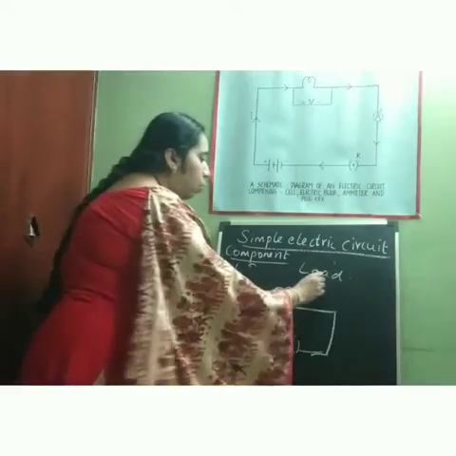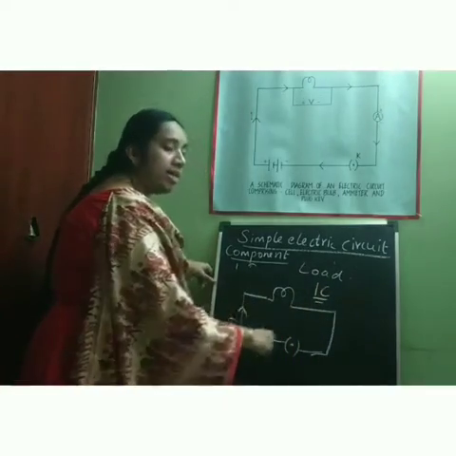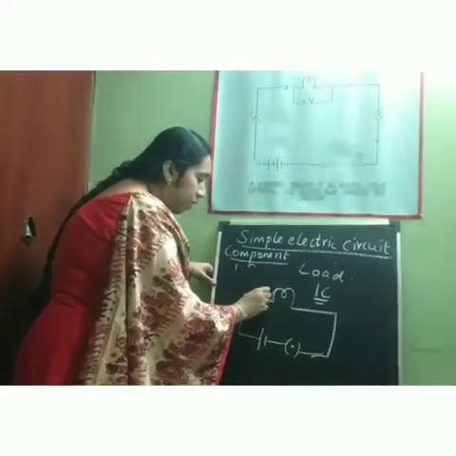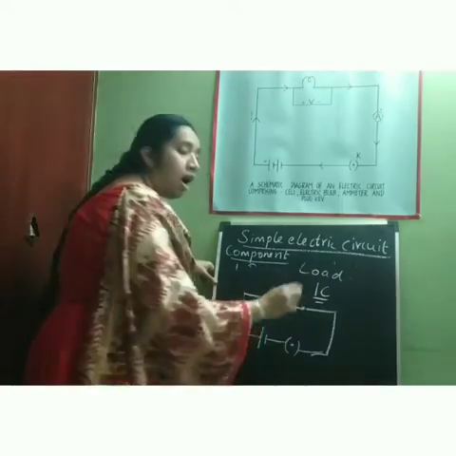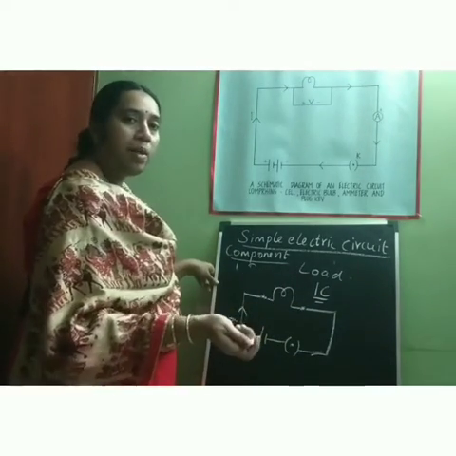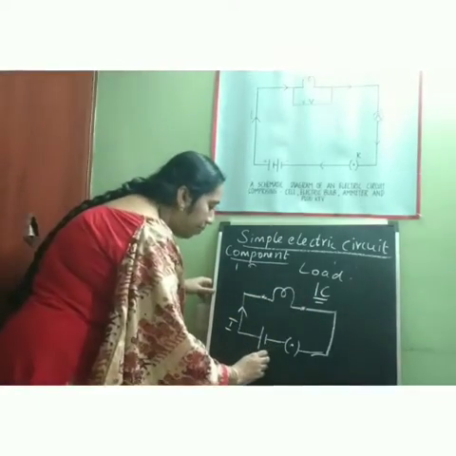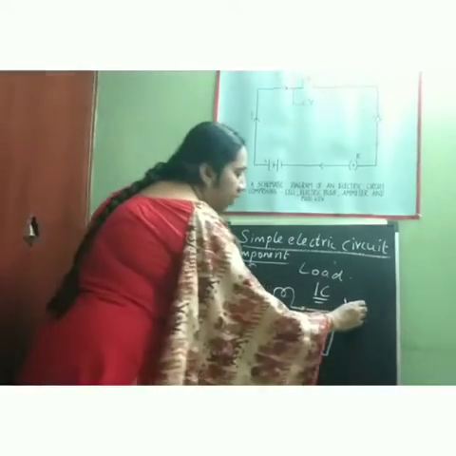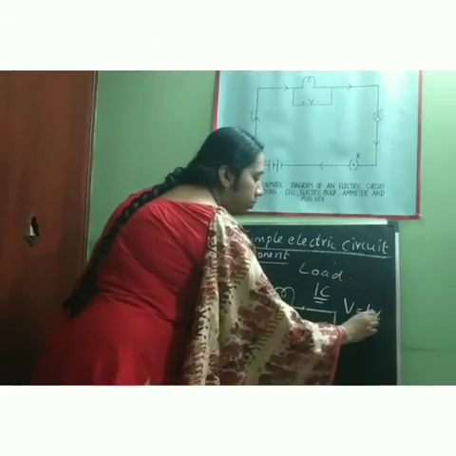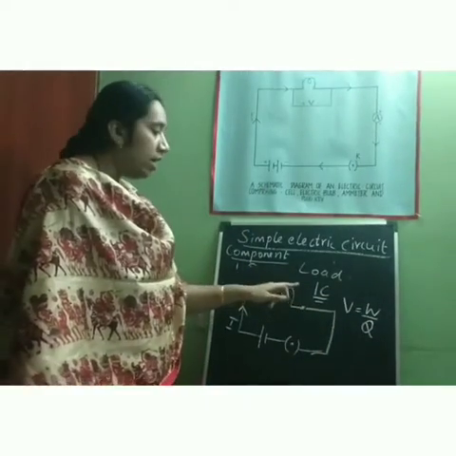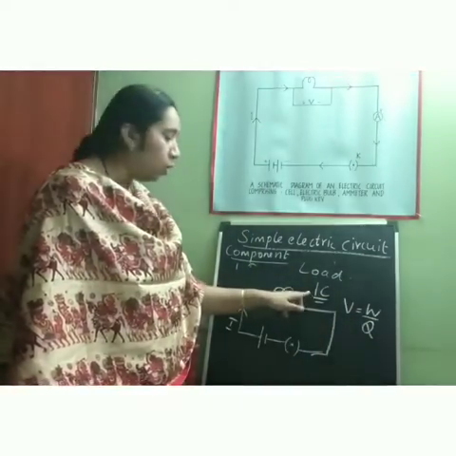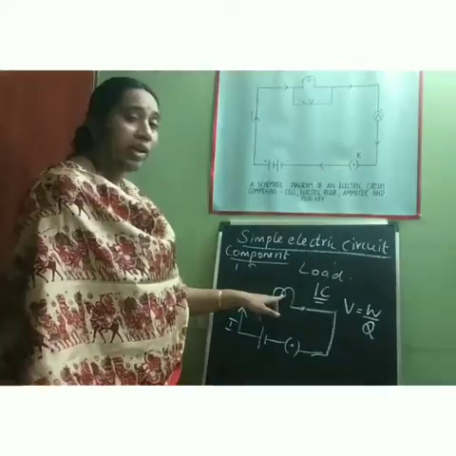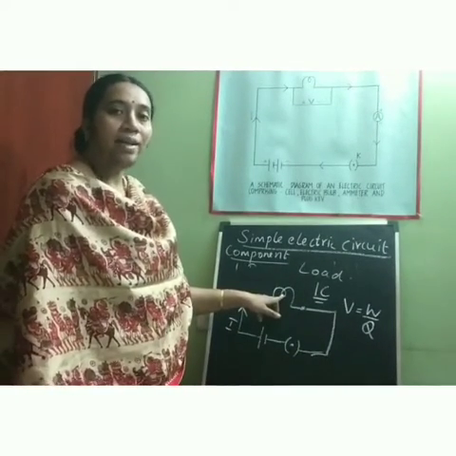See, assume 1 coulomb of electric charge is flowing inside the conductor. To move this 1 coulomb of electric charge from one point to another point, how much work are you spending? That is said to be potential difference. How will you define it mathematically? Potential difference is denoted by capital letter V. So V is equal to W by Q. The work done in moving a unit charge of 1 coulomb from one point to another point is said to be potential difference. The load can be either an LED bulb or an electric bulb.